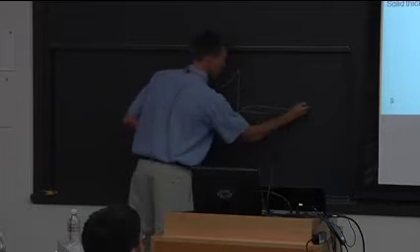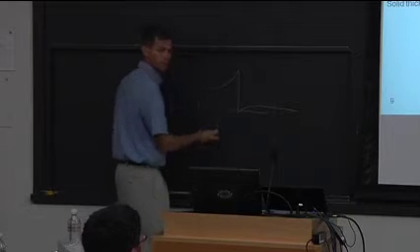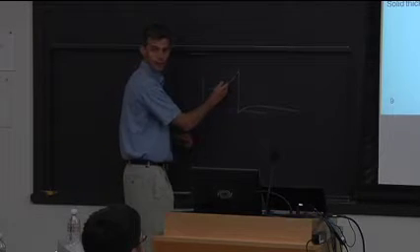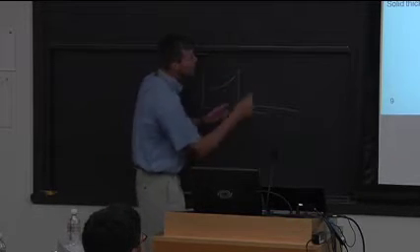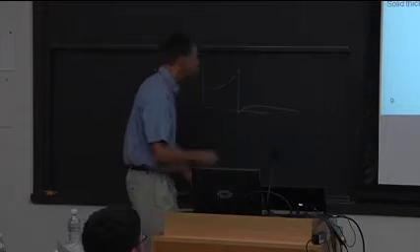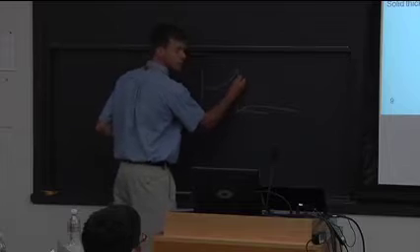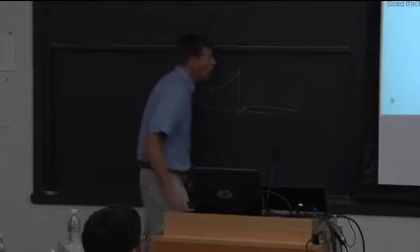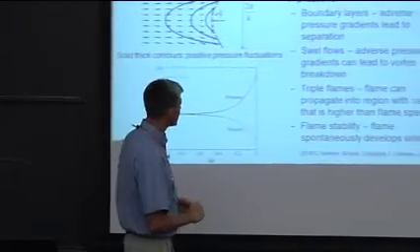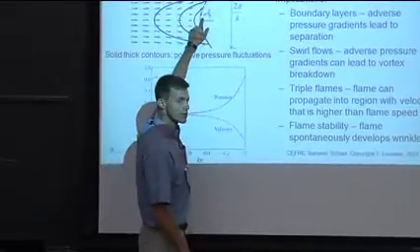So net pressure drop globally, but there's an adverse pressure gradient at the flame. The exact opposite happens, and by the way, the flow velocity does the opposite. The flow velocity decelerates, then it accelerates through the flame because of the gas expansion. Okay, so that's really interesting, and in particular, what I'm going to be interested in are flames that look